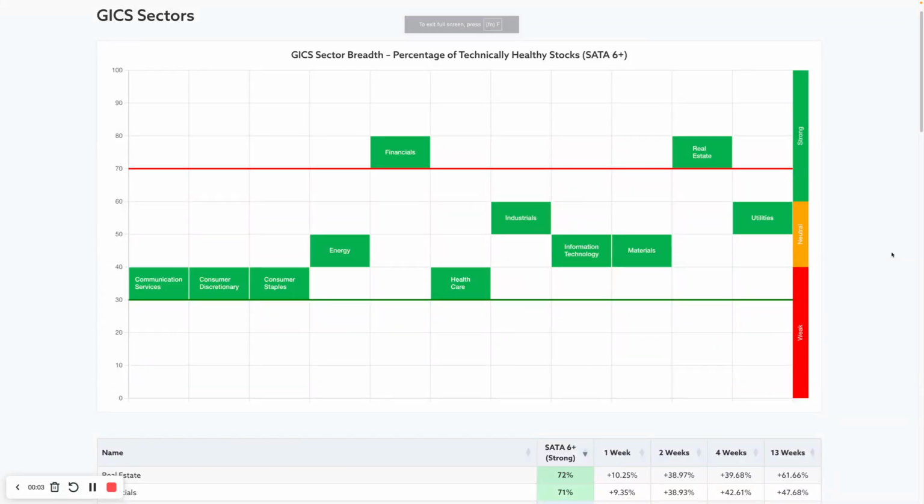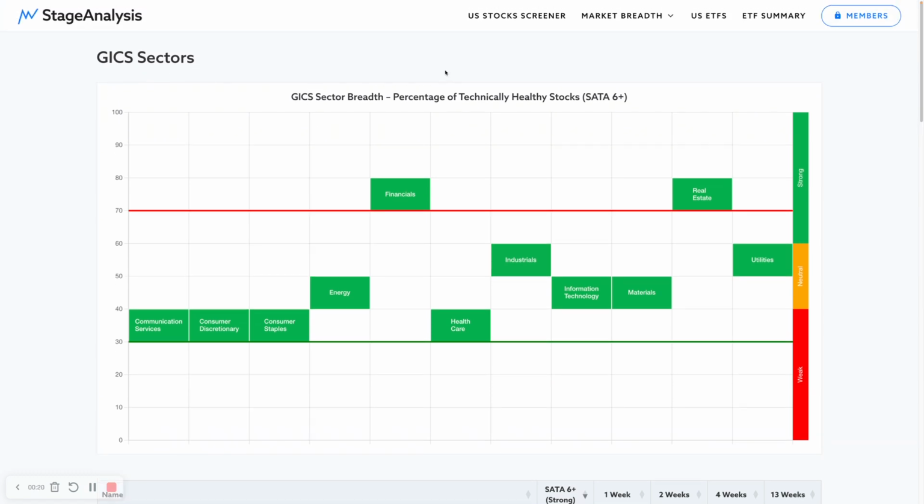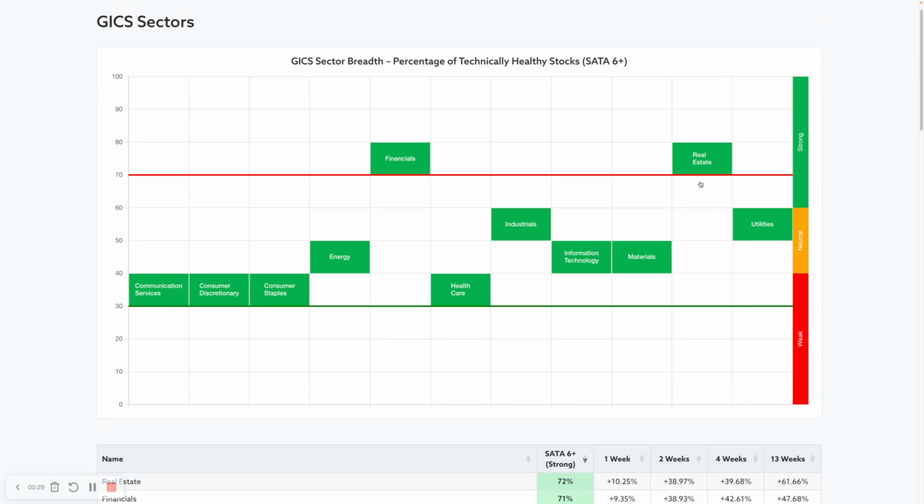I've added some more new features to the website this week, so I thought it'd be a good idea to run through it in a video instead of just doing a text post, as there's a number of things to discuss with it. So I've added the sector pages, so there's now 11 individual pages for all of the sectors, as well as this broader breadth page for the sectors as well, which, as you can see, we've got the